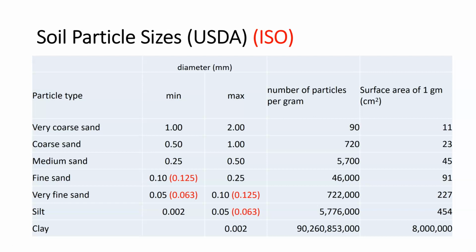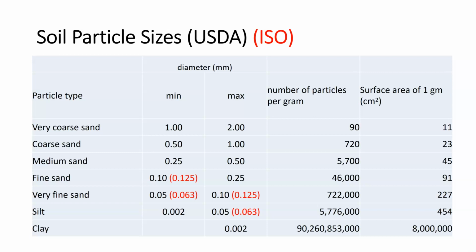So now we're looking at a piece of paper that is 6 inches by 6 inches. That's what you would find in 1 gram of sand, which means that we're now starting to get a much larger surface area. If we look at silt, we're looking at about 5 3/4 million particles per gram, surface area